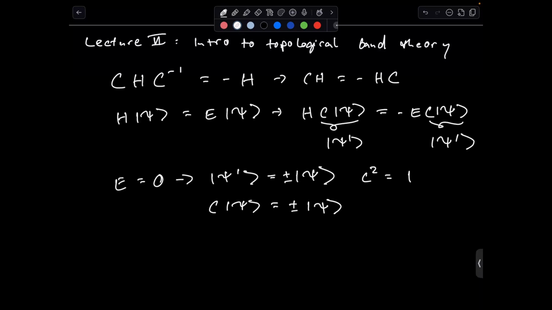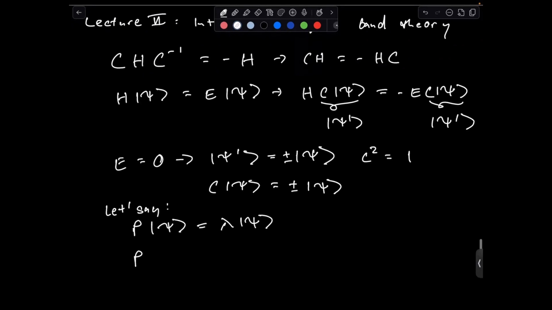And that's what is different about chiral symmetry, because we can define an eigenvalue for chiral symmetry, because it's unitary. For an anti-unitary symmetry, you run into a problem. Let's just try this to illustrate. Let's say we have this anti-unitary particle-hole symmetry from before. So we have this equation P psi is equal to some lambda psi, where lambda is an as yet undefined eigenvalue. The problem with that equation is that if you now do a generic phase shift, so for instance,